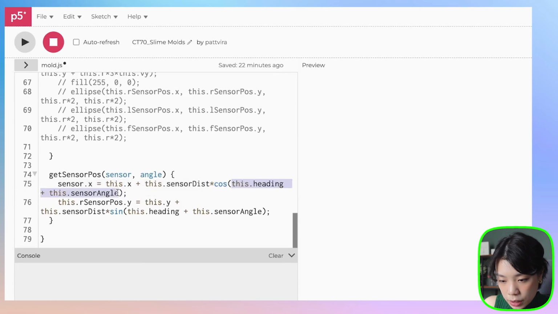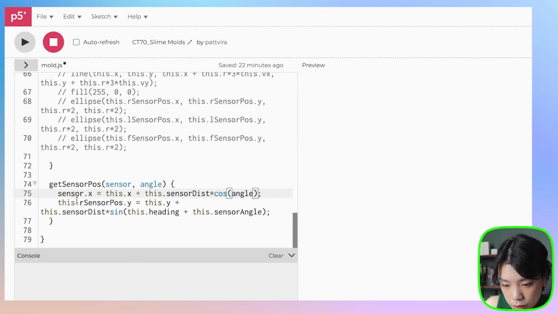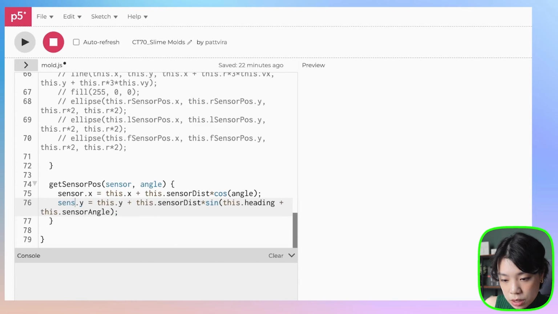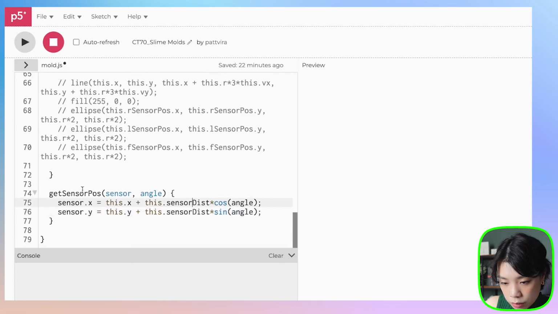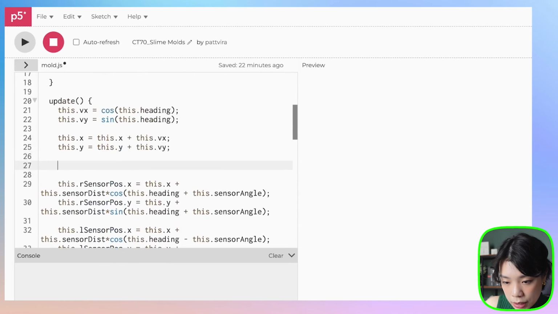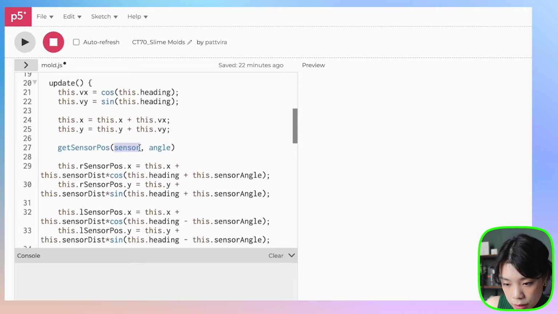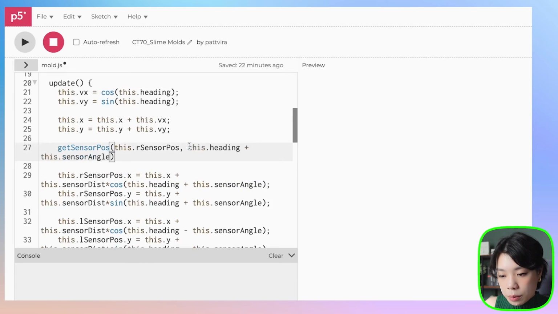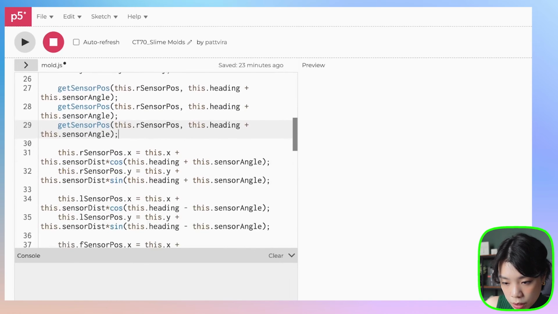And then instead of here, it's going to be angle. All right, and then for the Y side, it's just gonna be sensor.y, and then this is gonna be angle. All right, and then how about we just copy this, come back here, and then we're gonna put in this dot r sensor pose, and then for the angle, it's gonna be this dot heading plus this dot sensor angle, right? And then this is for the right side, and then we need to do 2 more,